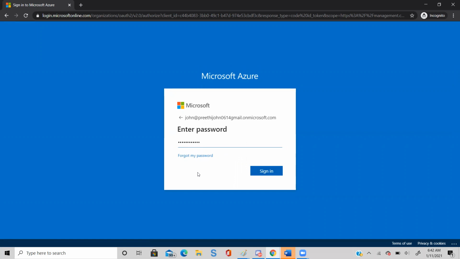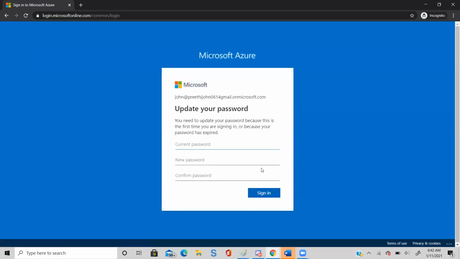So it will ask you to change the password in the first place. Just give the current password. And in the new password, just type QWERTY. QWERTY, you have a keyboard on the top. Q is a capital. And then instead of a W, just type an @.